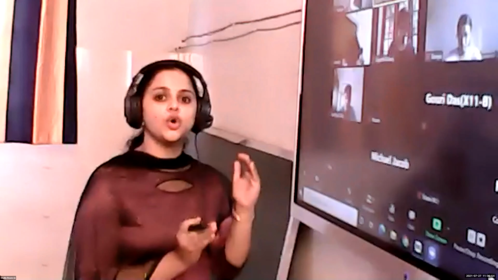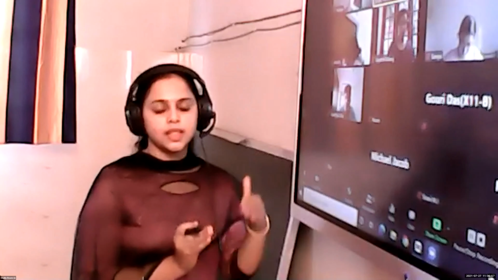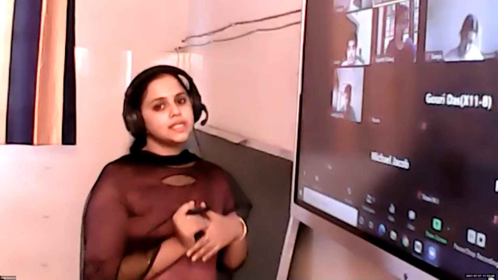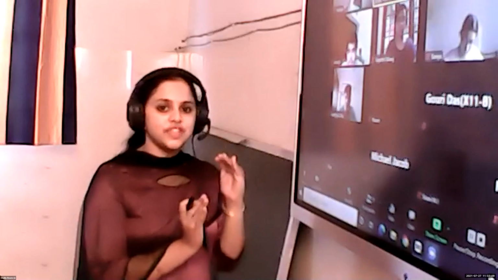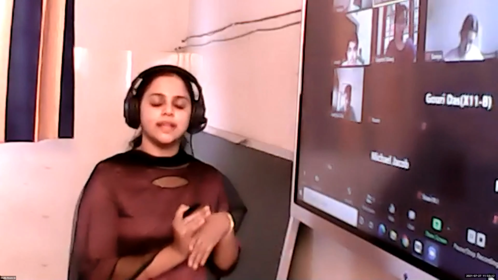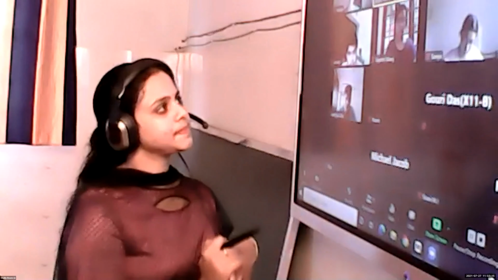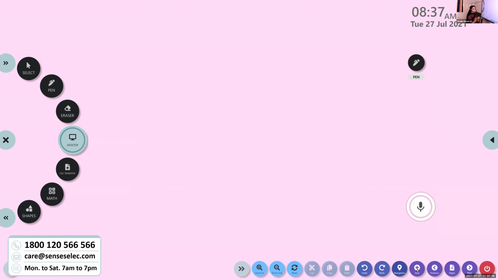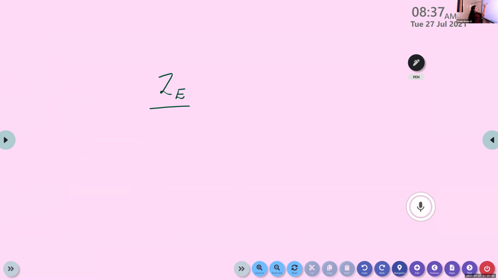We know that the relation between the horizontal component and the vertical component, that is ZE divided by HE, is equal to tan I. So at which dip angle do the horizontal component and vertical component become equal? 45 degrees. Yes, it is at 45 degree. Very good. So from where do we get this answer? The relation between the ratio of vertical component and horizontal component is given by ZE divided by HE is equal to tan I.